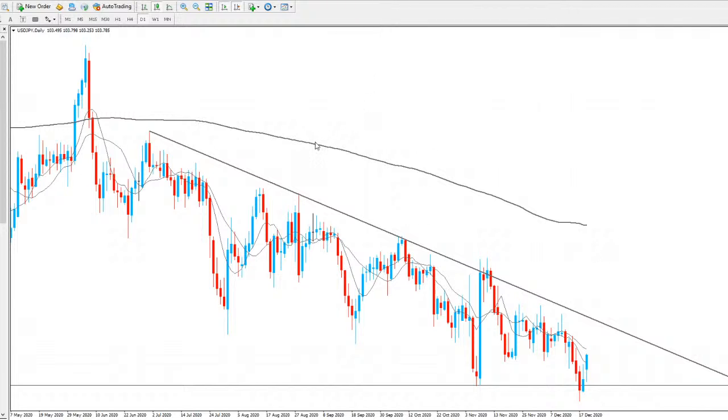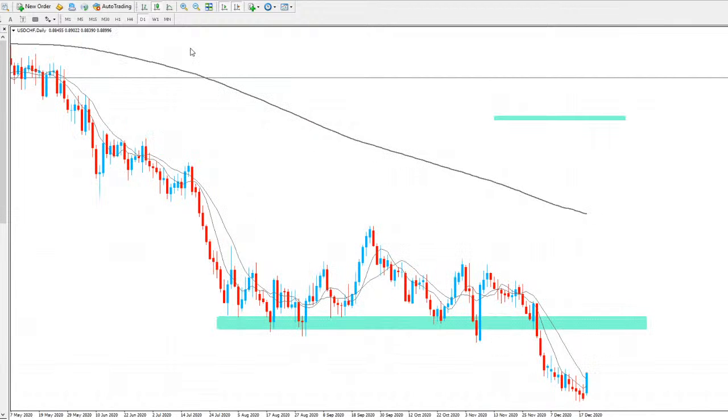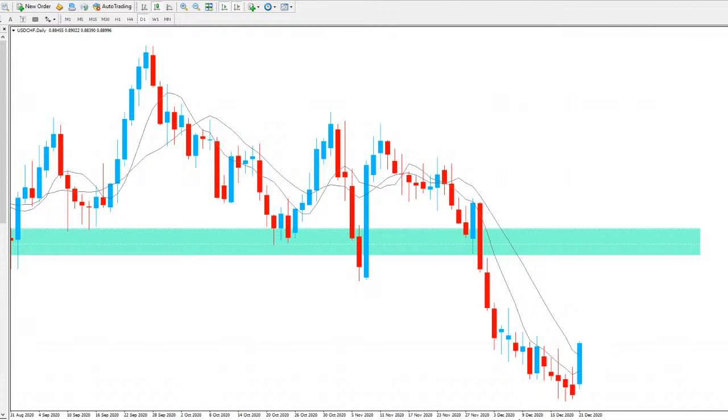But I think we are on our way to go and test that trend line for a fifth time on USD, and USD starts to look bullish as well. You can see in the daily start to pop out there. We had that big push to the downside, then price was slowly moving to the downside there. And I was saying we're looking very corrective here.